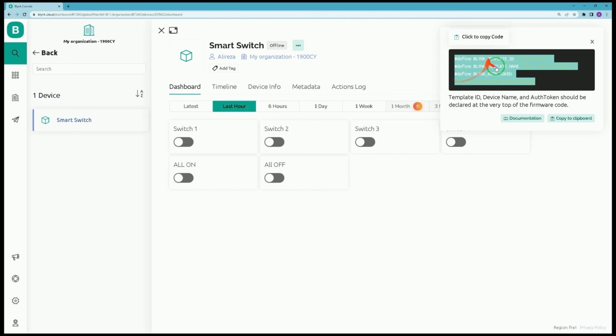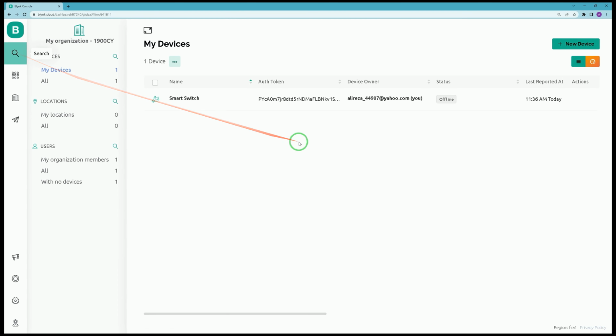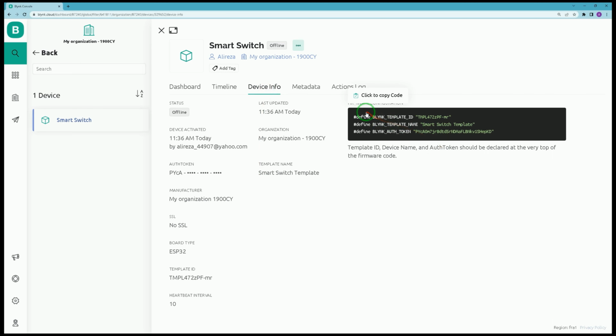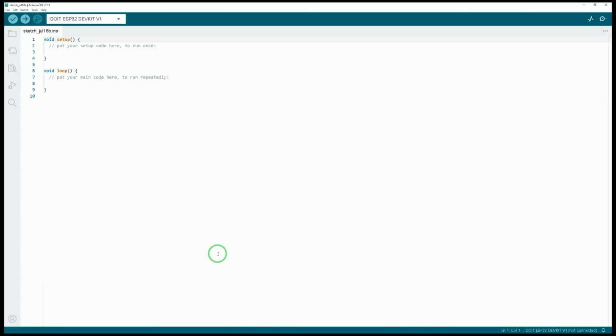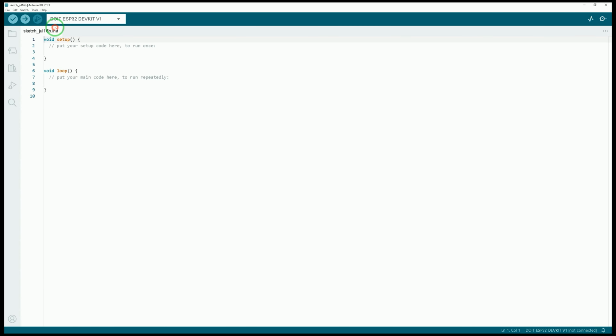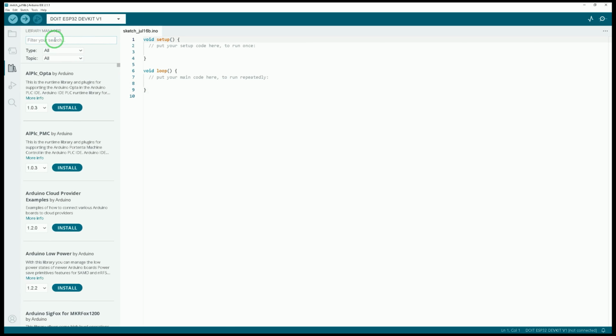If you lost these lines, you can find them by navigating to the list of devices, opening the device by clicking on it. Navigate to Device Info tab. We have them here. It's time to program ESP32 with Arduino IDE. Make sure you have installed the latest version of Arduino IDE. First of all, Blynk library must be installed in your Arduino. Navigate to Tools,